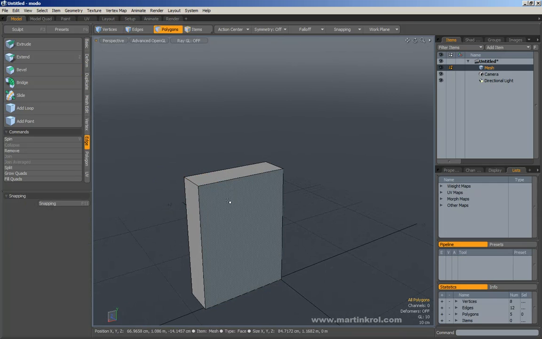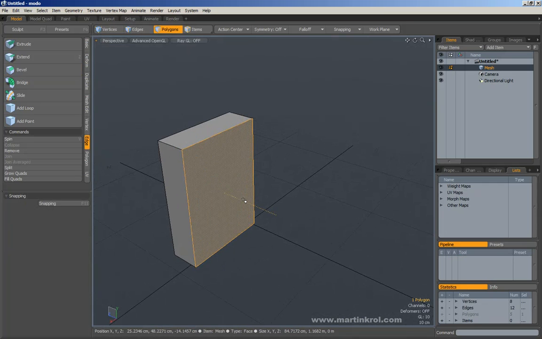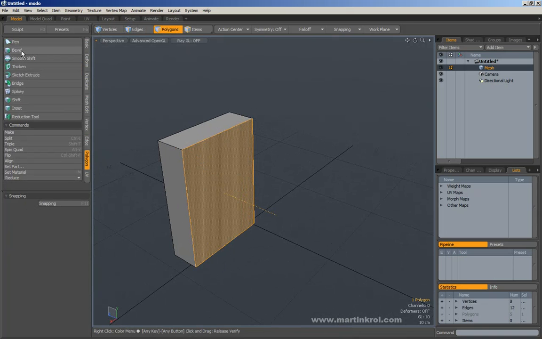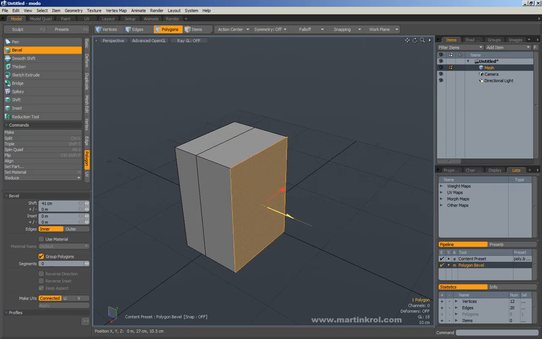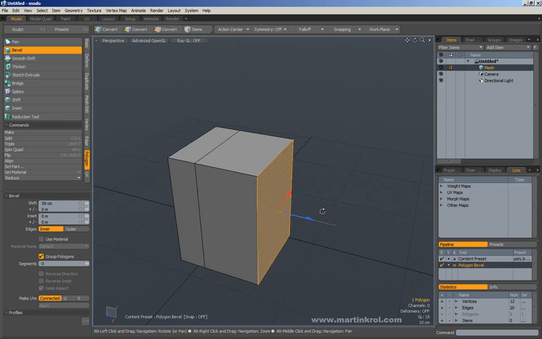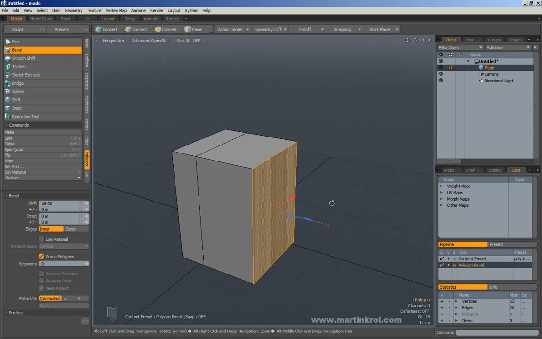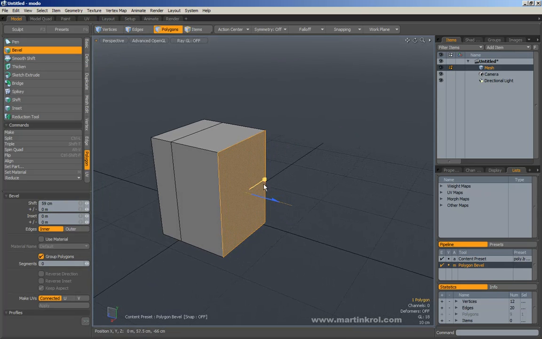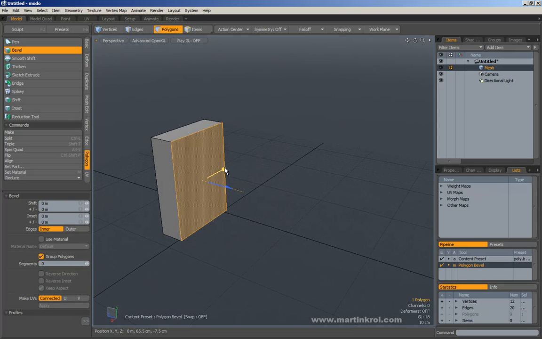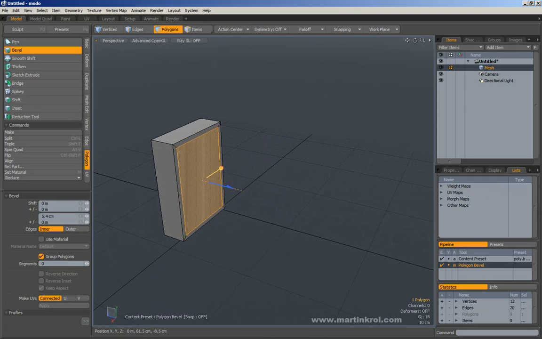And of course there's a polygon bevel, which actually works more like the extrude tool in other applications. It does a few things. So if I just go and turn on bevel, and then I extrude or use the move handle, you'll notice that it really is no different than an extrude tool. Well, it is and it isn't. One thing that you can do is you can inset with it somewhat. So if I actually don't move anything, I can inset,